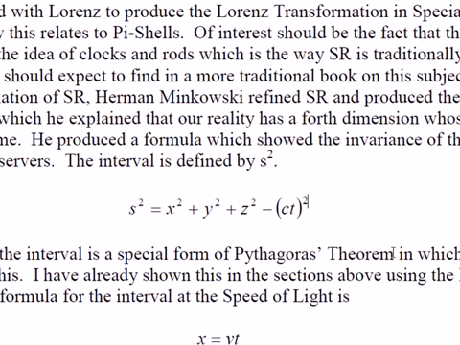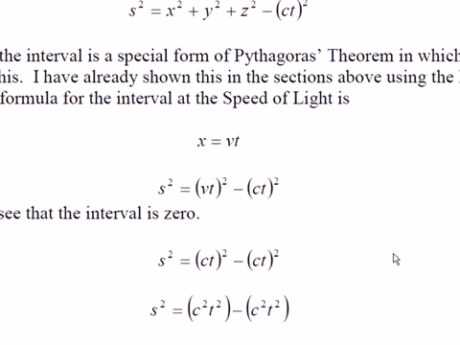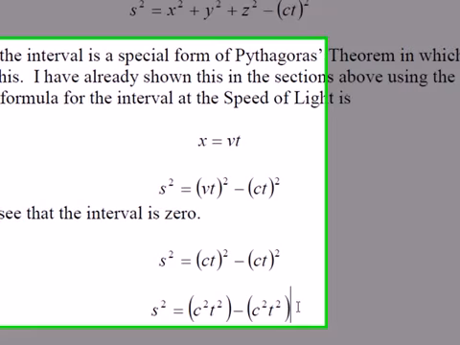If you've read any of the other PySpace documentation, I've shown that the Lorentz transformation is essentially just area loss of a sphere. So the formulation that Minkowski came up with was that for all observers, this holds true,